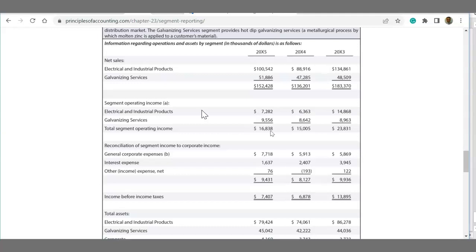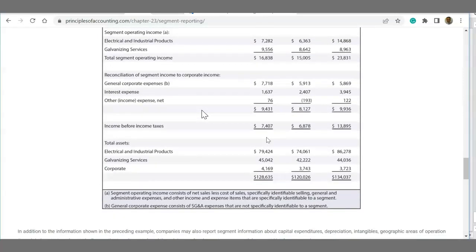Gross profit minus operating expenses gives you operating income. So here is the sales. As you see, cost of goods sold and operating expenses are not showing right now, but you have the operating income, right? So sales minus cost of goods sold minus general selling administrative related to the segment gives you operating income. Operating income minus other expenses gives you net income before tax, and